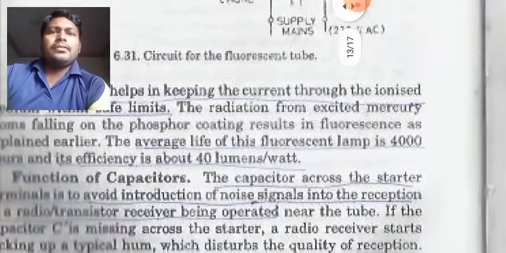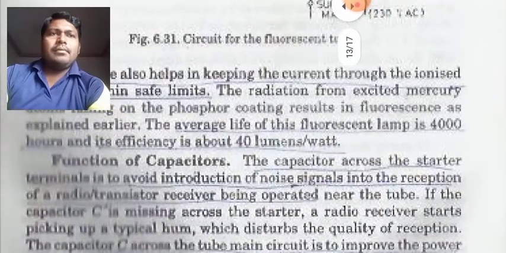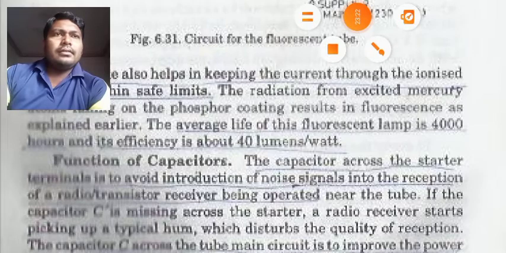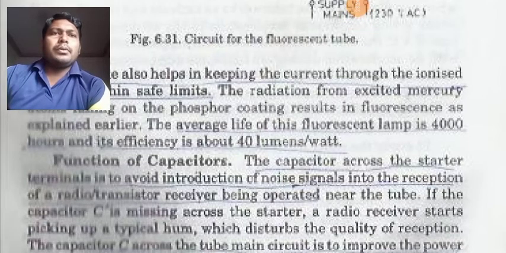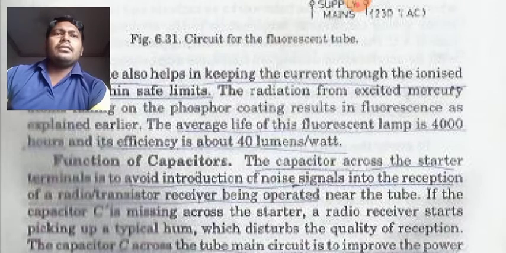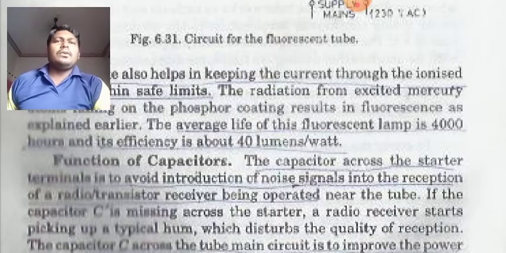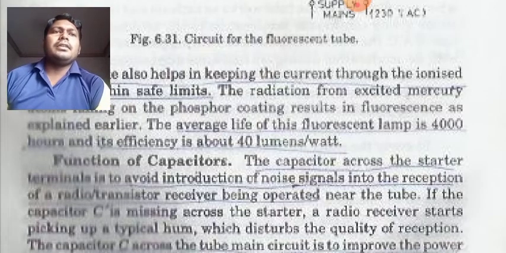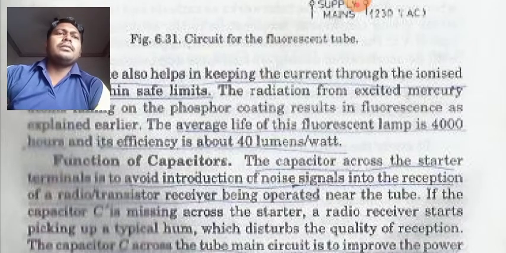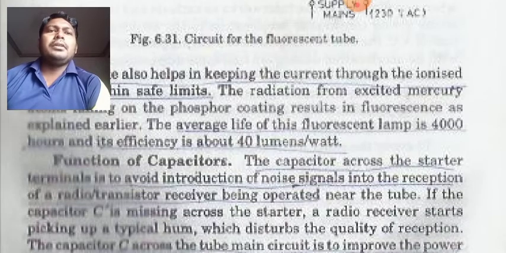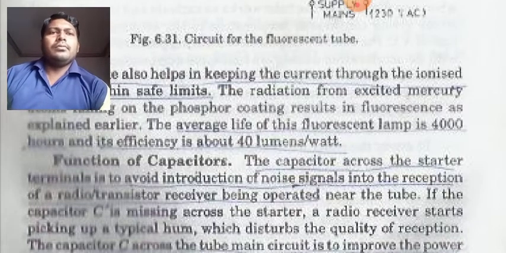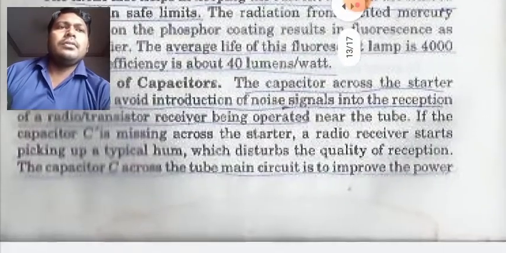Function of capacitor. So what is the function of the capacitor, we will discuss. The capacitor across the starter terminal is to avoid introduction of noise signals into the reception of a radio or transistor receiver being operated near the tube. If the capacitor C is missing across the starter, a radio receiver starts picking up a typical hum which disturbs the quality of reception. The capacitor C across the tube main circuit is to improve the power factor also,